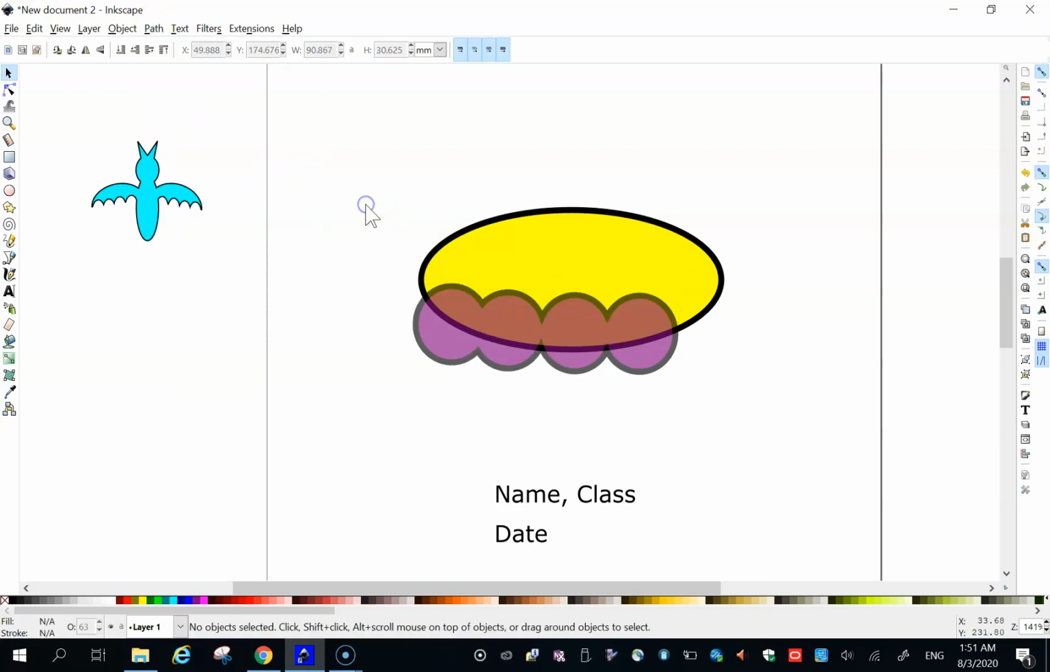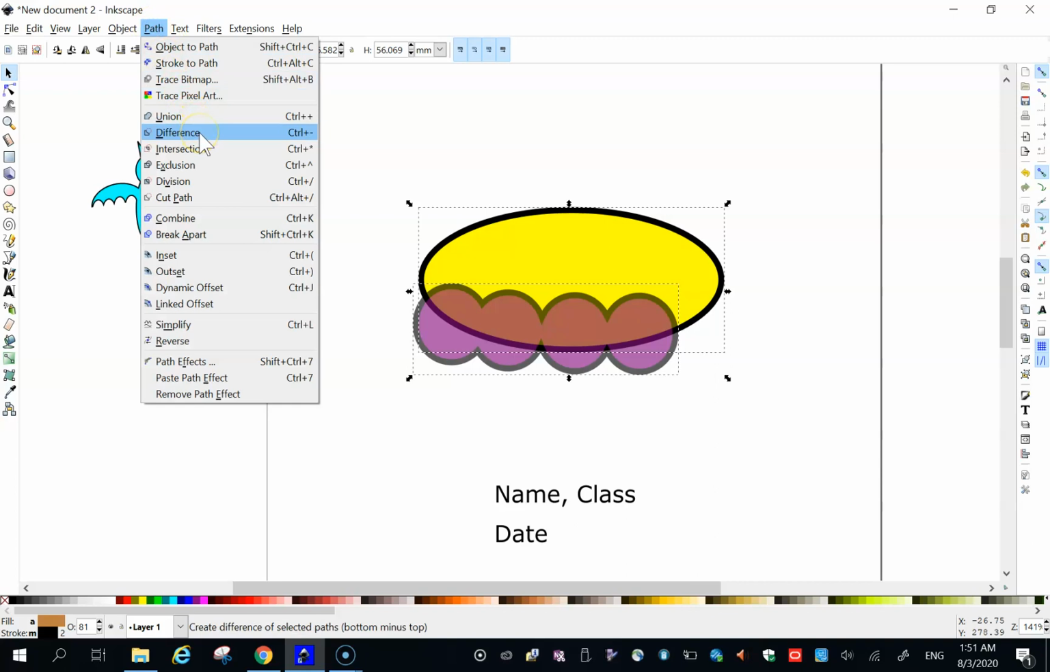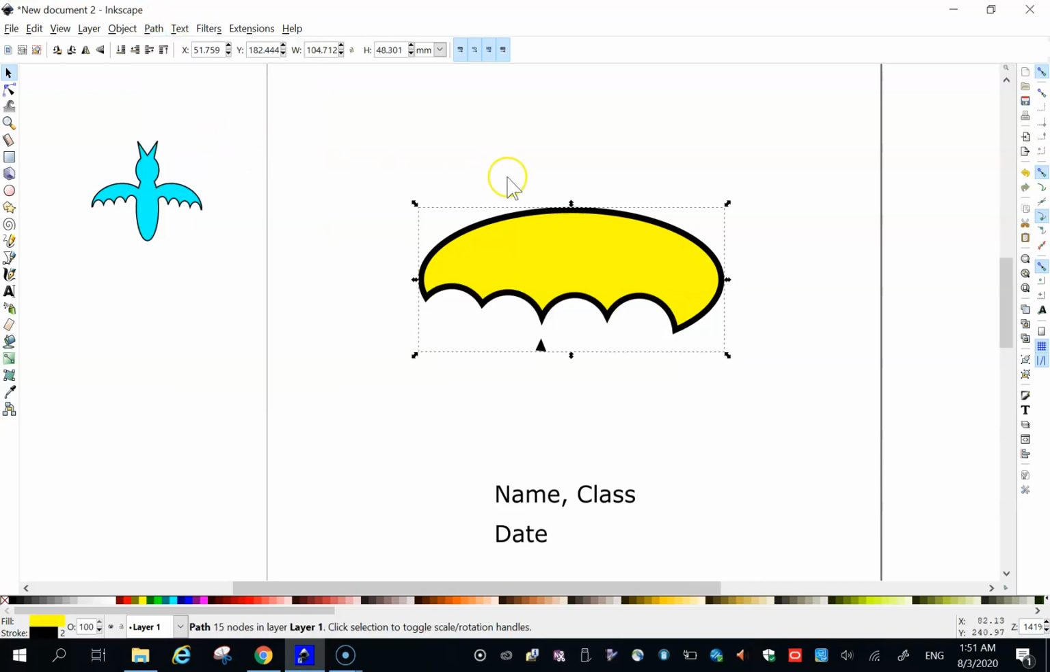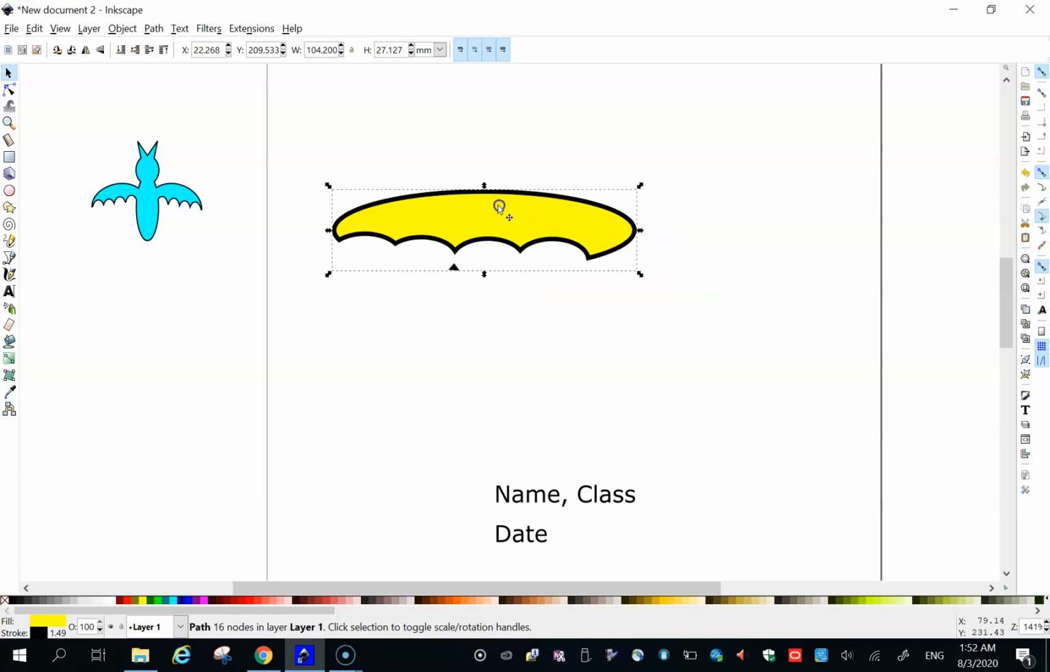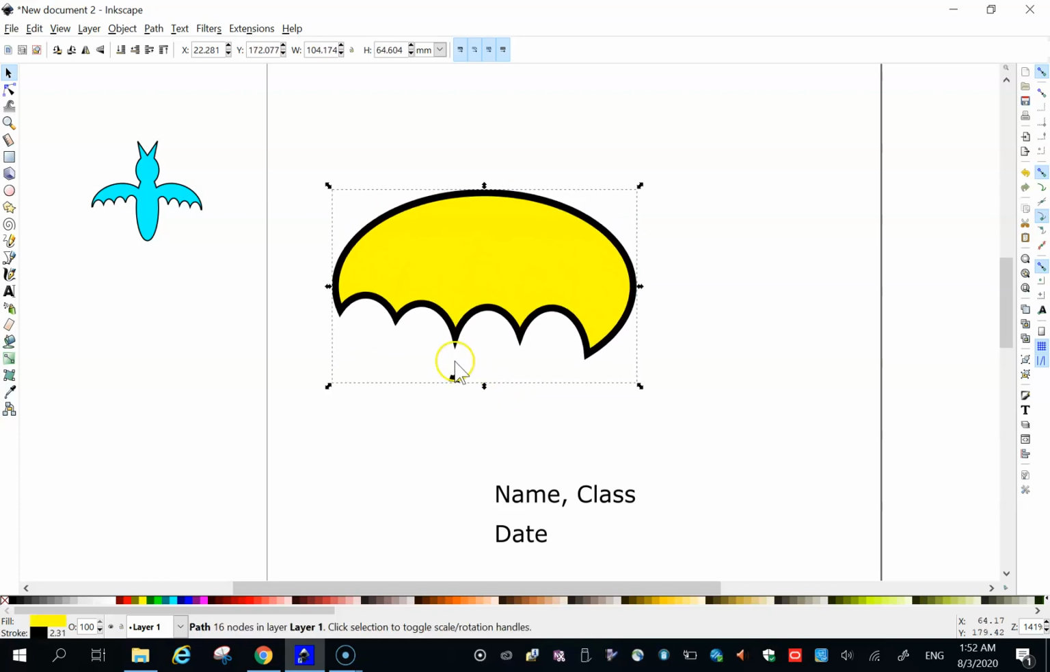Okay, so once this is done, make sure it is placed in front of the yellow circle and select both and do a path difference. And this will create a cutout from the main yellow oval circle. Okay, so you can flatten it. Now you can see that there's an imperfection. It's because our oval